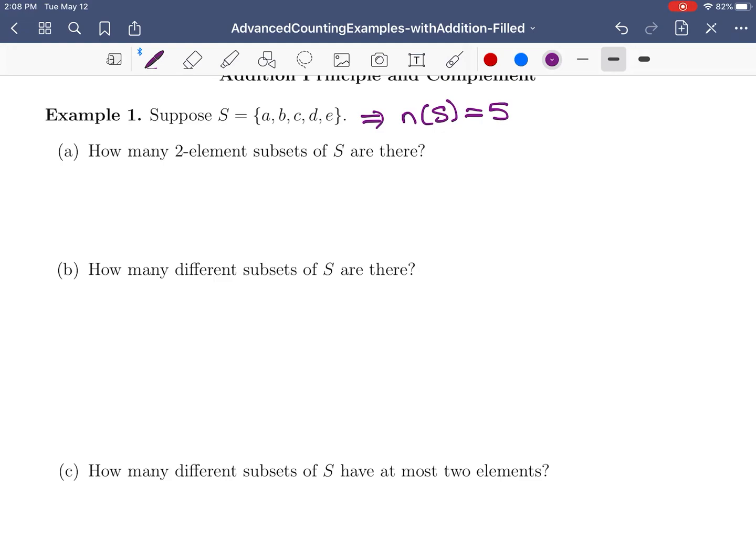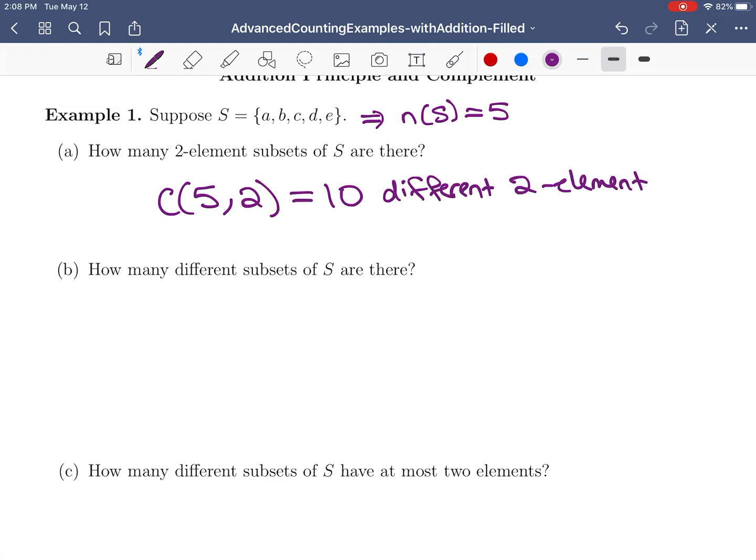So we need to select 2 elements from the set of 5 elements in S, and because we're putting them in a set, the order we write them doesn't matter. So we're going to use a combination. So there's going to be 5 choose 2, or 10, different 2-element subsets